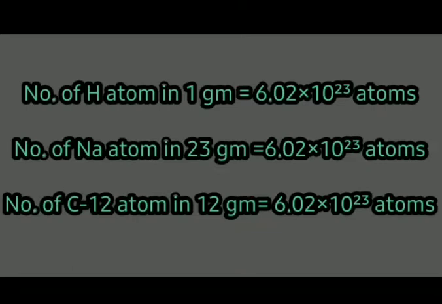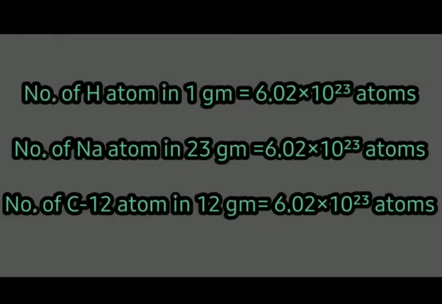So in all the cases, what you find? The special number you have to get, that is how much? 6.02 into 10 to the power 23. See, here you can find out a special number, that is 6.02 into 10 to the power 23. That means we get the gram atomic mass of 3 elements, the number of atoms present, how much? That is 6.02 into 10 to the power 23. And this special number is known as what? Mole.